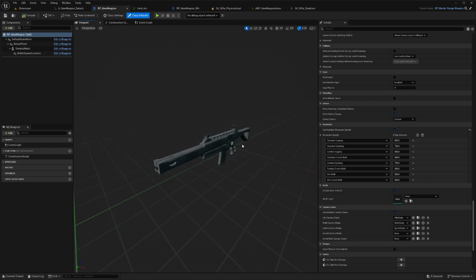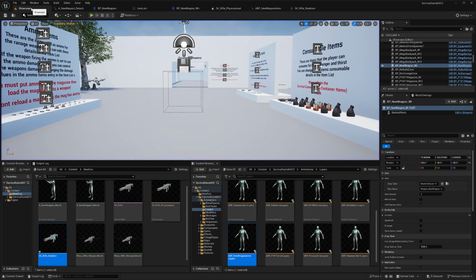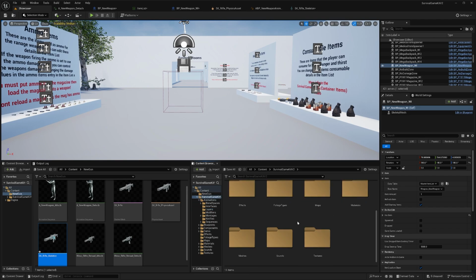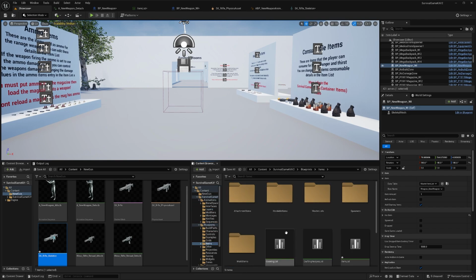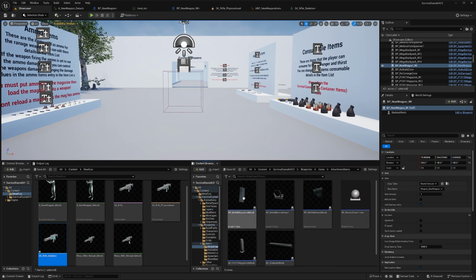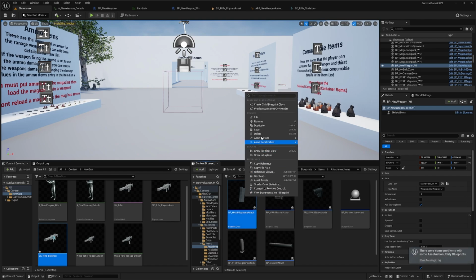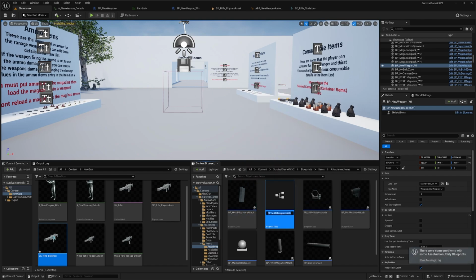I'm not going to be going into too much detail because there is a separate video on how to make attachments, but I will be just covering the basics of getting your magazine set up. So to get started, we'll go to the content browser, survival game kit, blueprints, items, attachment items, and I'm going to duplicate the M4 attachment. So we'll just duplicate that. I'm going to change the name to new weapon